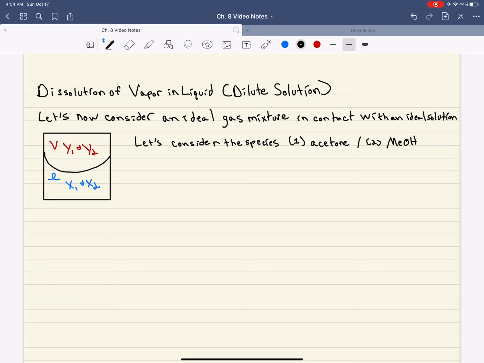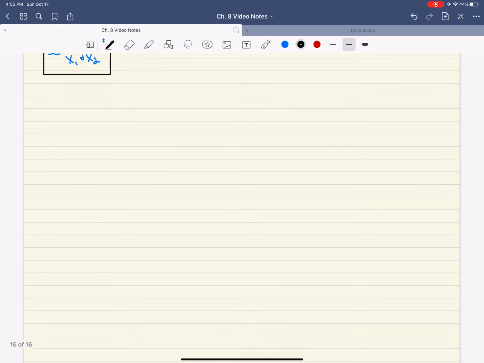Okay? And the reason I'm picking these two cases is that acetone is not that soluble in methanol. And so we would expect the equilibrium mole fraction of acetone in the system to be much, much lower than 1. And so in that case, what we're going to be describing is a dilute system. Okay? And so for systems where x1 is very, very small,